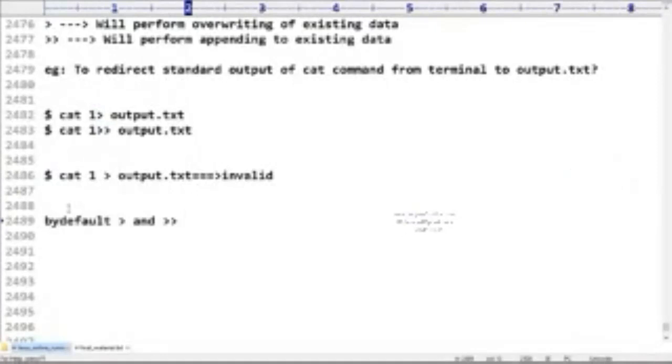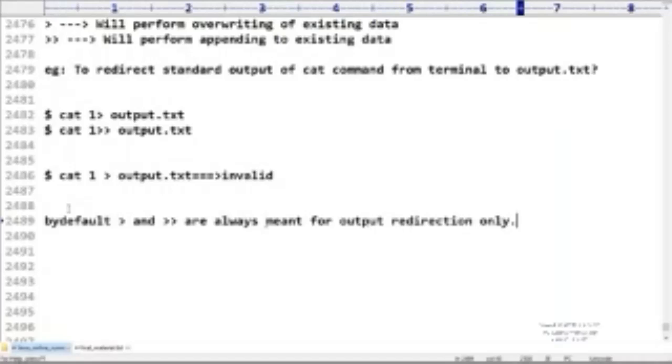By default, greater than and double greater than are always meant for output redirection only.